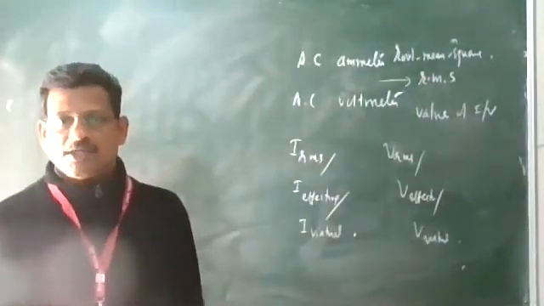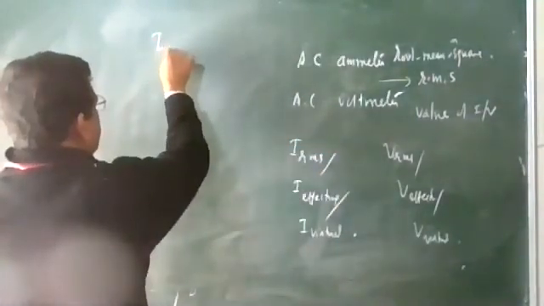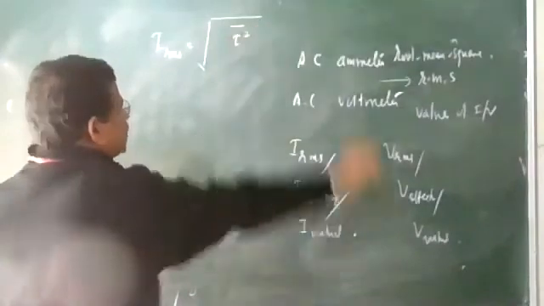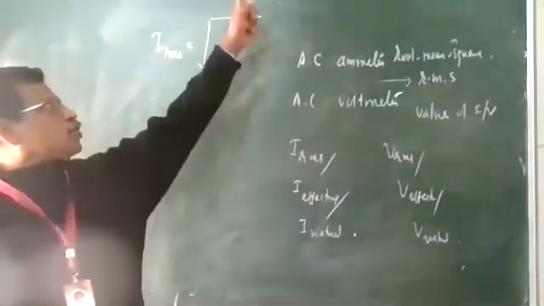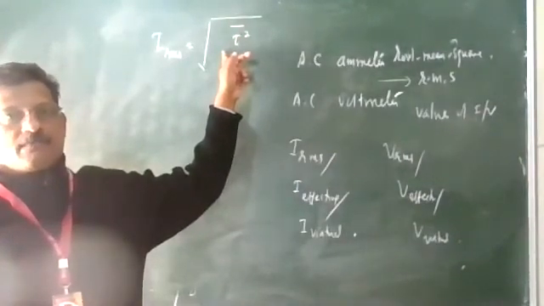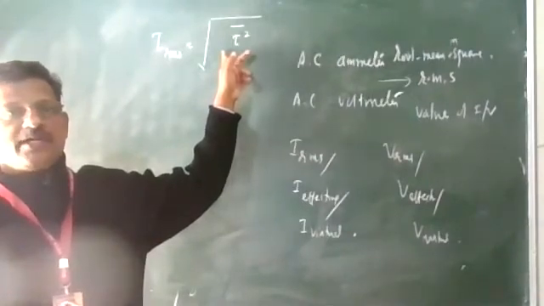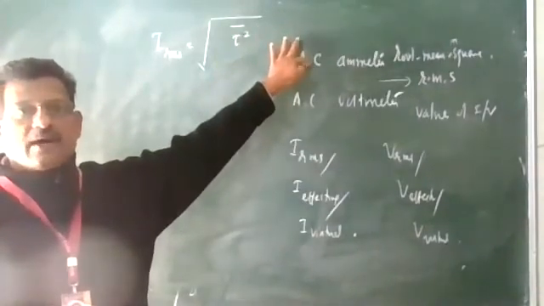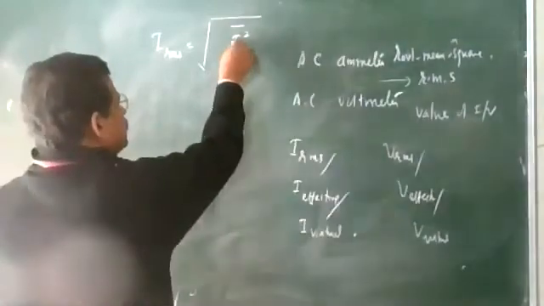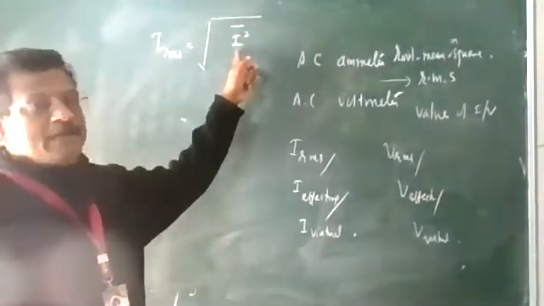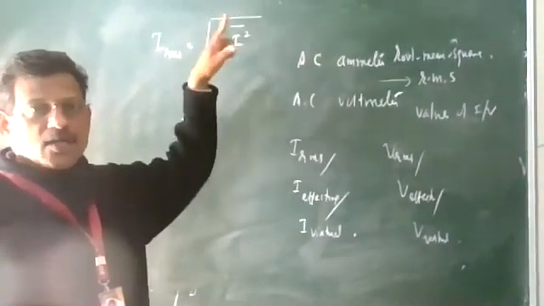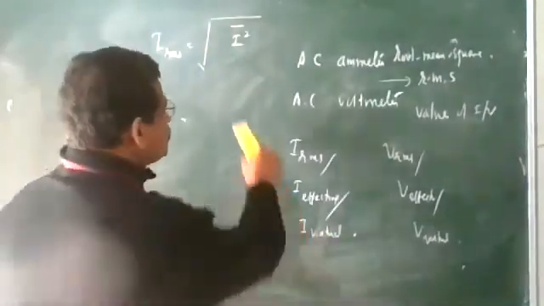Now we are going to calculate IRMS. How to calculate this? IRMS is equal to the root of the mean square value of the current. This is defined in terms of the heating effect produced, and therefore AC ammeters and voltmeters can also be recognized as hot wire instruments. So how are we going to calculate this value? First, you have to square the current, take the mean over the cycle, then take the root. So everything comes in one equation.